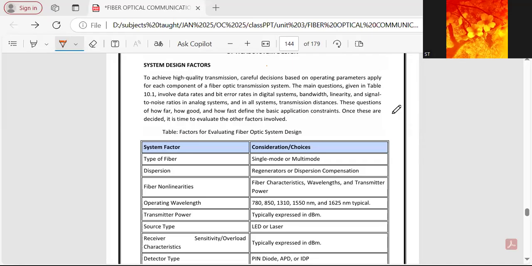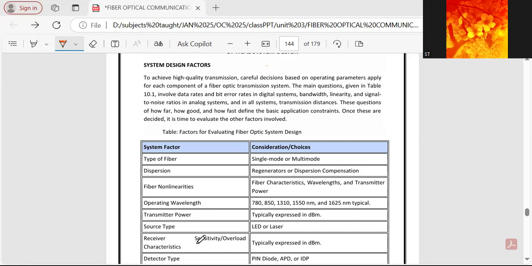Hello everyone. In this video, we will discuss the different factors on which the designing of any fiber optic system is based. To achieve high quality transmission, we have to focus on different system parameters like type of fiber, dispersion characteristics, non-linearities present in the transmitter, operating wavelength, transmitter power, source type, whether it is LED or laser,